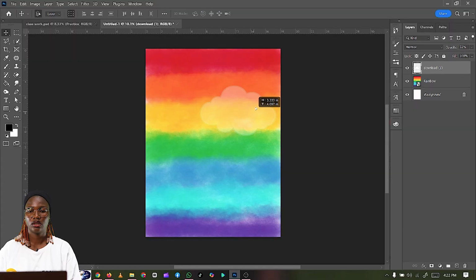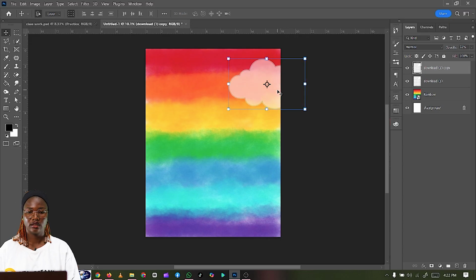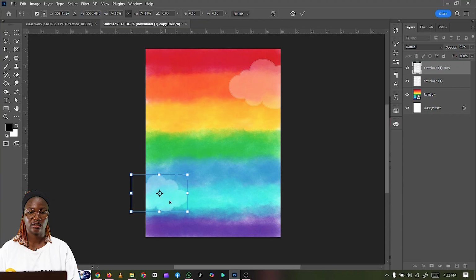So I'll place this one somewhere here. Then I'm going to press Ctrl J to duplicate. So I'll place this one here. Reduce it. I don't want them to be the same size. Reduce it a bit like this. So I'll accept this